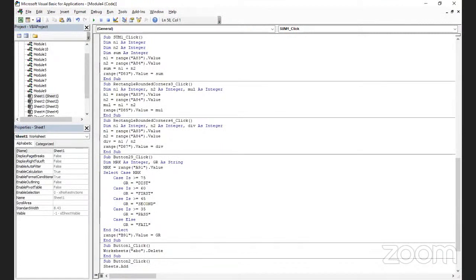इंटीजर, दूसरा नंबर इंटीजर, दोनों इंटीजर रखने वाले हैं। बाद में सम फंक्शन एज ए इंटीजर, सम भी जो वैल्यू है वो भी इंटीजर में ही होना चाहिए। तो n1 को A83 डॉट वैल्यू जो दी है वो n1 को असाइन की, दूसरे n2 को असाइन की जो A84 वैल्यू दी है, सम दिया n1 प्लस n2, रेंज दी D83 डॉट वैल्यू, तो वहां सम दिया।